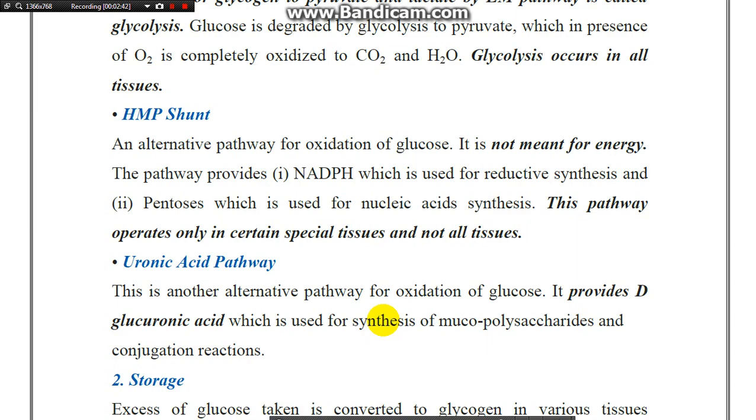هذا المسلك اليورونيك أسيد باثوي هو أيضا مسلك بديل لعملية أكسدة الجلوكوز، ويزود مركب الجلوكويرونيك أسيد الذي هو حامض ناتج من عملية oxidation of glucose and convert the aldehyde group to the carboxylic acid، ويستخدم لعملية تخليق المركبات الموكوبوليساكرايد، والكونجكشن رياكشن تفاعلات الاقتران. لأن في مراحل clinical biochemistry we are explaining about the role of this material glucuronic acid